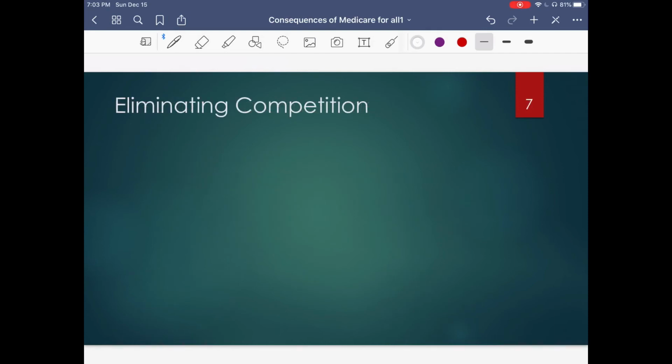So here I'm going to provide an example of how Medicare for All pretty much eliminates competition in the government. Medicare for All's ban on private competition would be even more restrictive than healthcare plans in other countries and other government programs in the United States. So, for example, the government does not ban private schools, even though it collects taxes to run a public school system. So I'm just going to draw out an example here to help you visualize what this would look like. So this is our government.